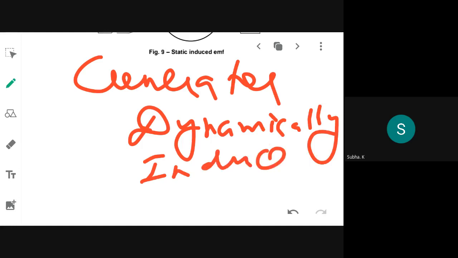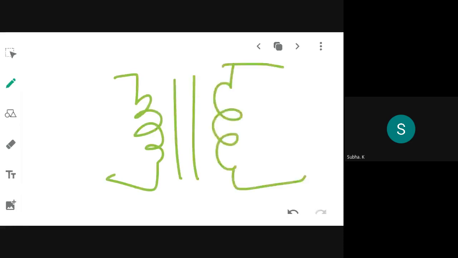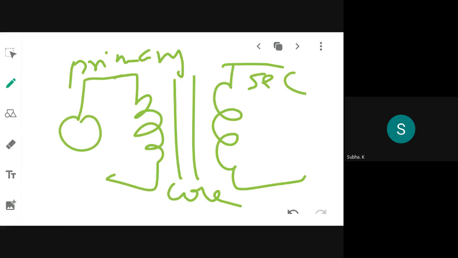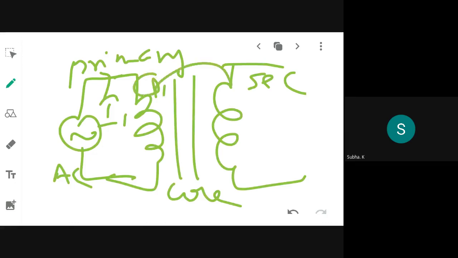On the other hand, consider a transformer, where you have a core. On the core, you have a primary coil wound and a secondary coil wound. Here you give an AC supply, because of which current starts to flow. Flux is set up, and that flux will be magnetically coupled with the secondary coil, which leads to I2 and is delivered to the load. Okay, this is the transformer. Here also, is EMF induced or not induced?